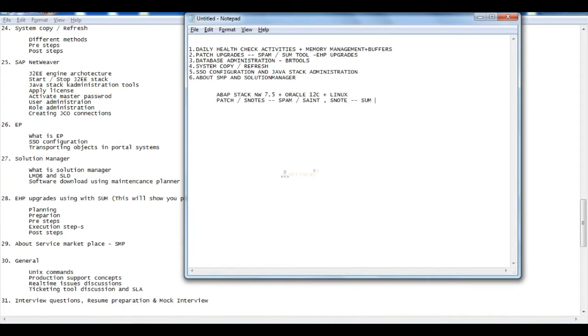In that only we will see the SUM tool. We will discuss the SUM tool, and how we can use it to generate the XML file and do the stack upgrade.